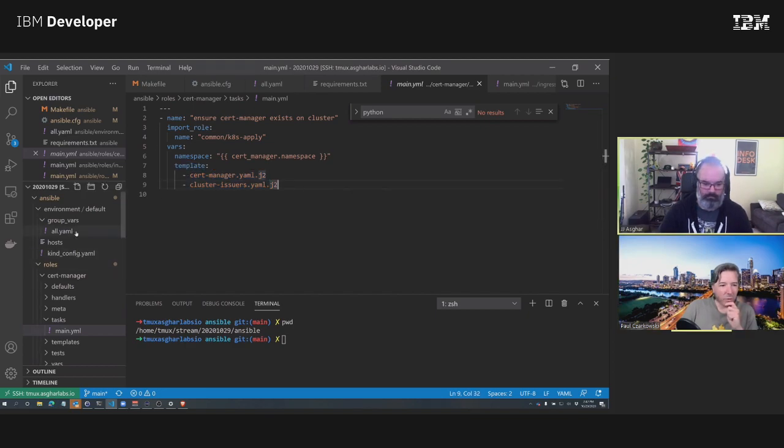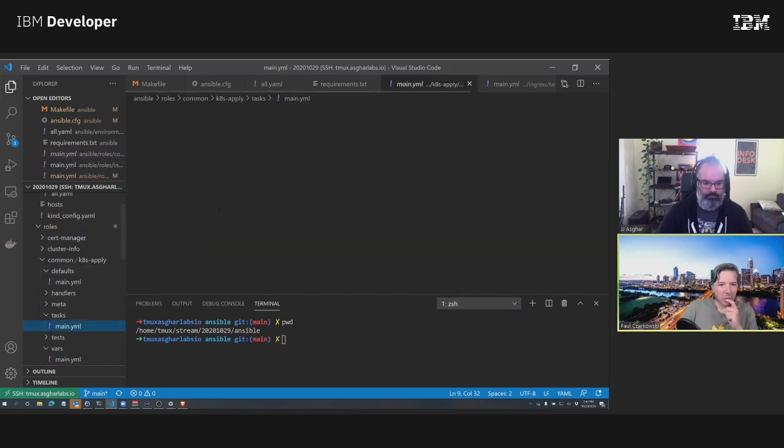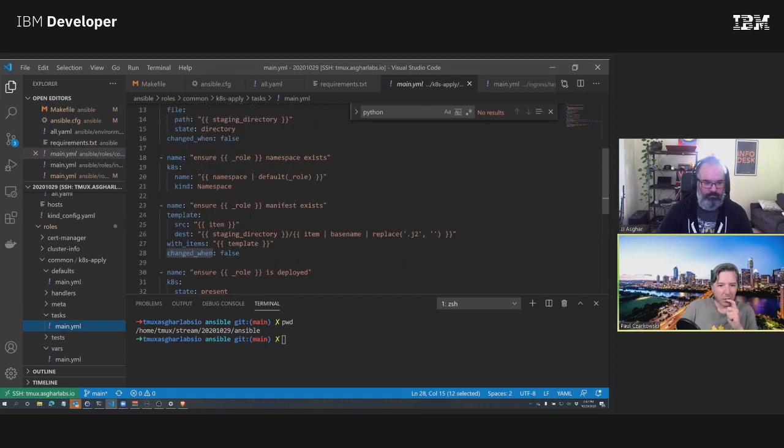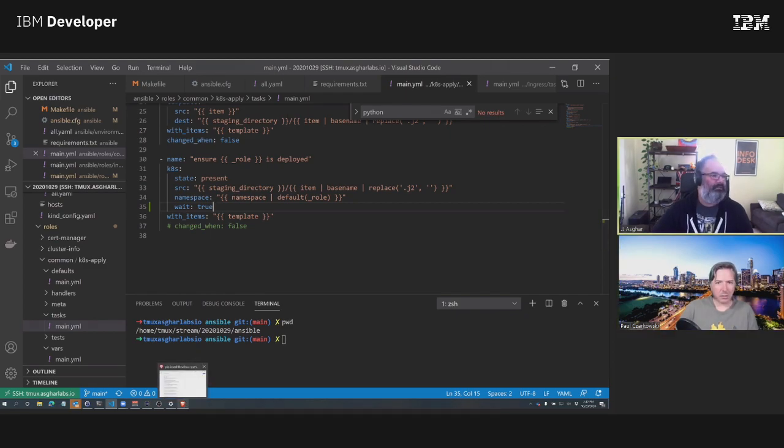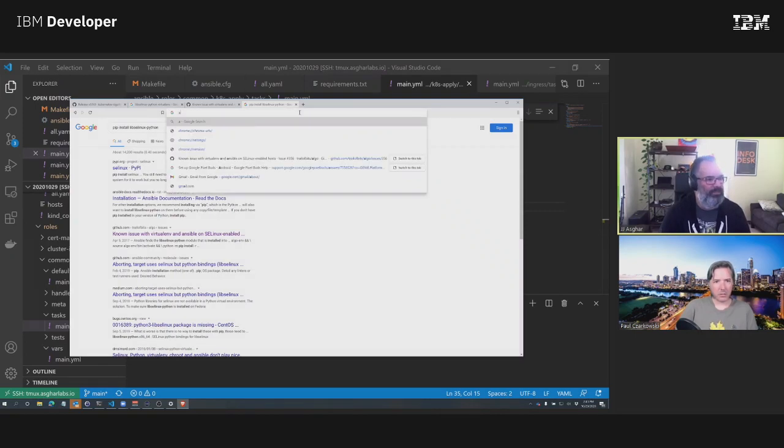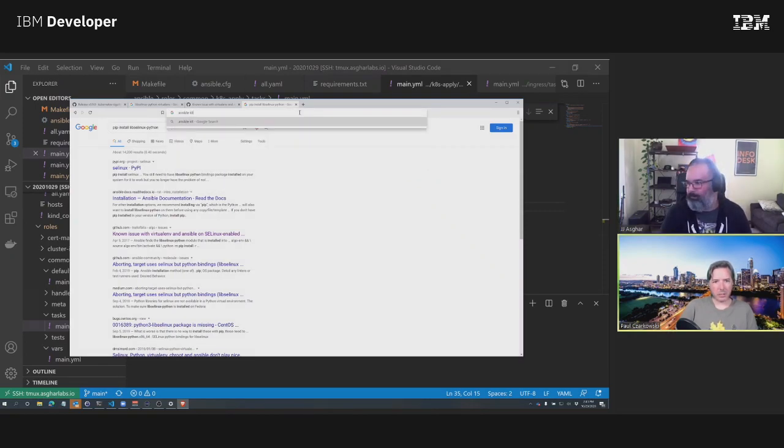I wonder if we do in our common role, so when you do a Kate, I think you can set wait is true. And that will wait until the resources are ready. That is, yes, that is correct. It'll sit there and constantly ping it. Yep. Right.